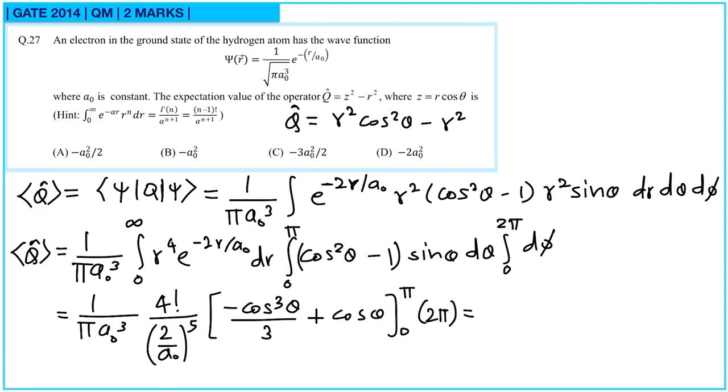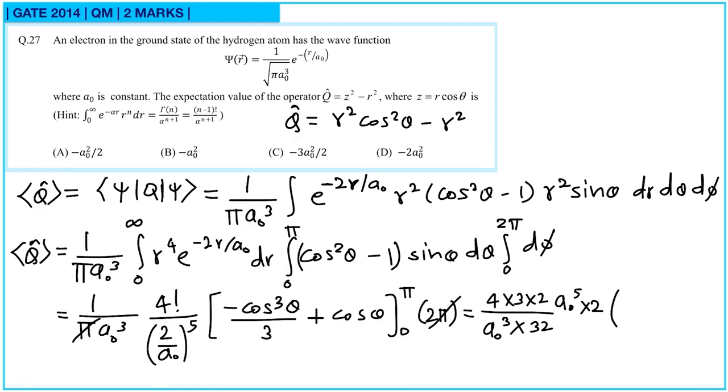So this pi and pi will cancel. Now we have 4 factorial, so 4 into 3 into 2 upon a naught cube into 2 raised to 5 is 32 into a naught raised to 5, into this 2 from the 2 pi,